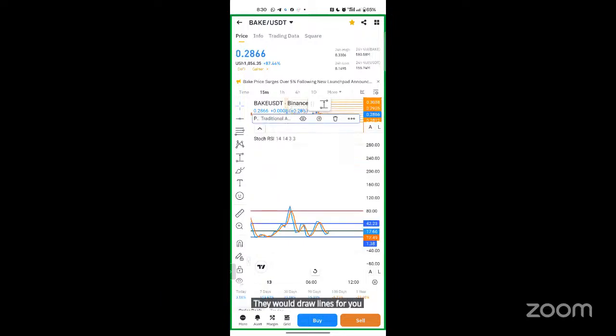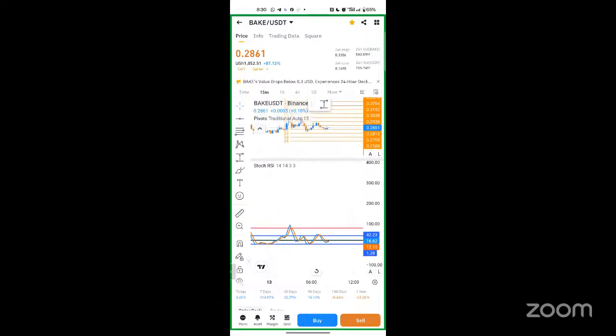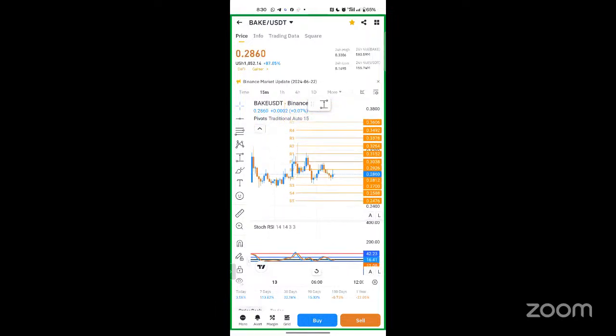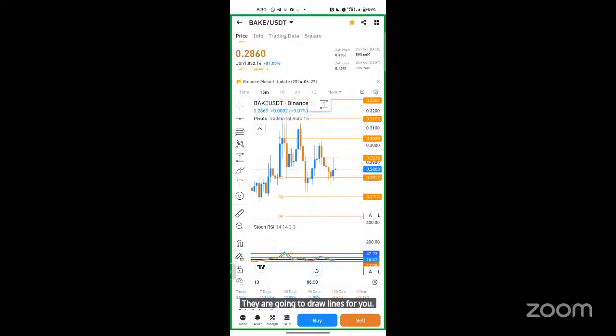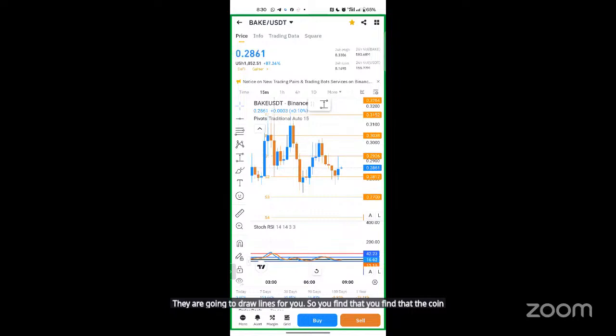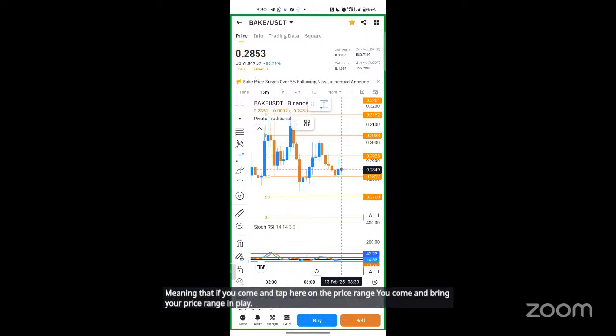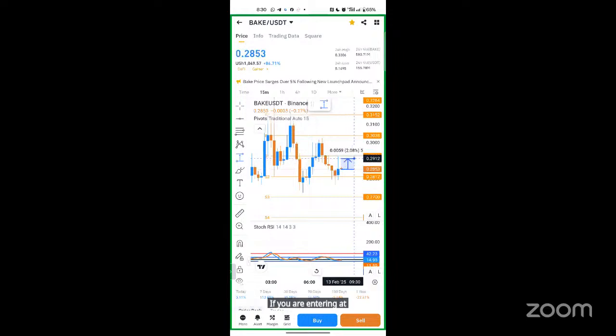They don't care, they are going to draw lines for you. So you find that the coin has gone down to support 2. Meaning that if you come and tap here on the price range, you bring your price range into play. If you are entering at current price, getting out from here, that's a 2%. Then just understand that this coin has potential of closing below here